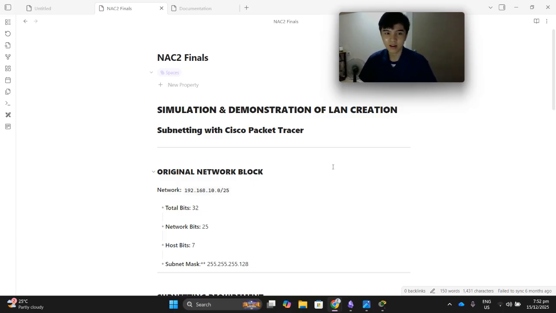And today, I'm going to discuss the simulation and demonstration of LAN creation and subnetting with Cisco Packet Tracer. So, just a quick introduction. This Packet Tracer simulation gives you hands-on practice with networking fundamentals, proper IP addressing, accurate subnetting, and device configuration. You'll see how a LAN actually operates, test connectivity between devices, and understand why networking makes networks more organized and